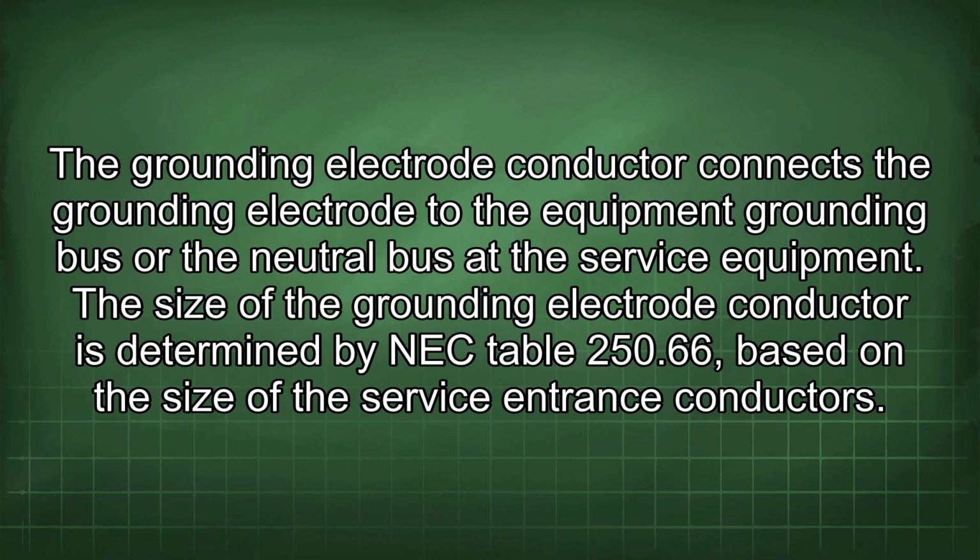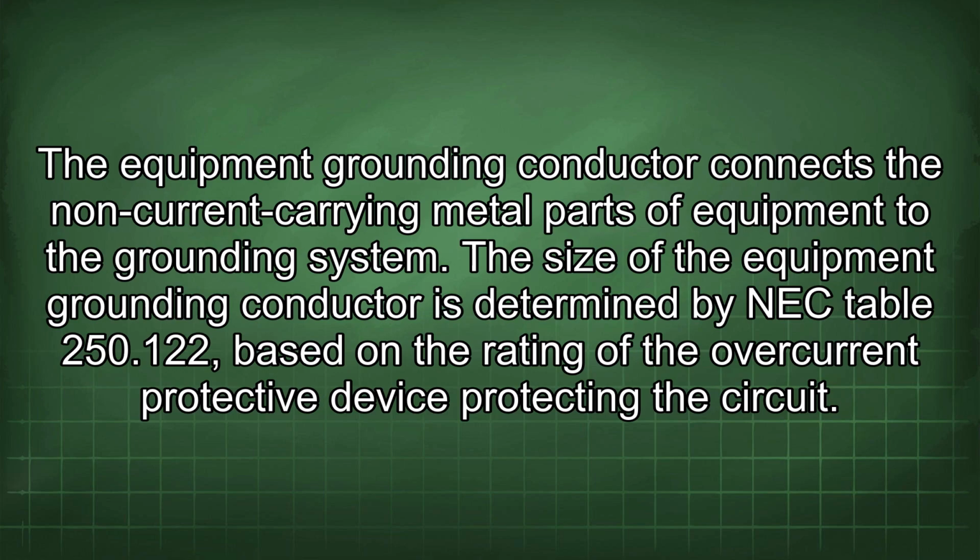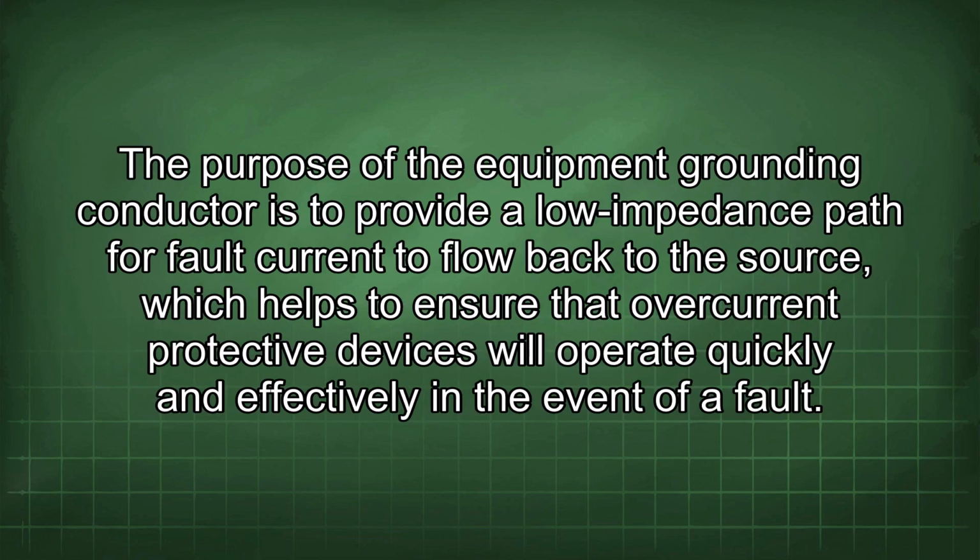The size of the grounding electrode conductor is determined by NEC Table 250.66 based on the size of the service entrance conductors. The equipment grounding conductor connects the non-current carrying metal parts of equipment to the grounding system. The size of the equipment grounding conductor is determined by NEC Table 250.122 based on the rating of the overcurrent protective device protecting the circuit. The purpose of the equipment grounding conductor is to provide a low impedance path for fault current to flow back to the source, which helps to ensure that overcurrent protective devices will operate quickly and effectively in the event of